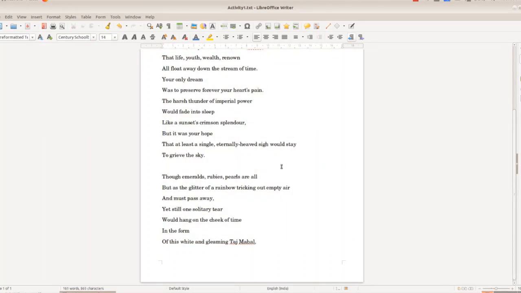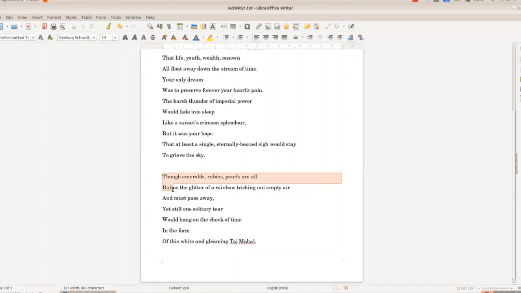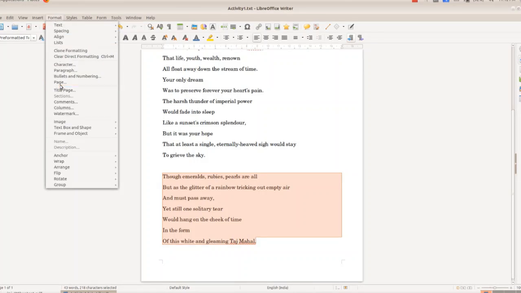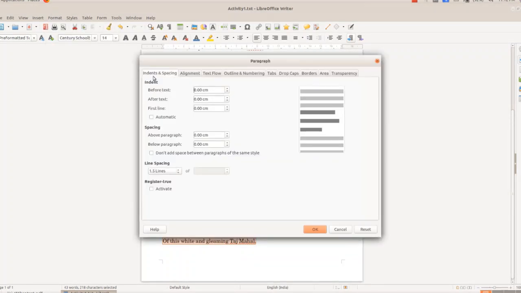And now the fourth thing is what? We want to shift the second stanza of this poem towards the right margin. So for that, you have to select the second stanza, and then again from format menu, we are selecting paragraph, and again the tab that you have to select is indent and spacing, and then did you see this indent?